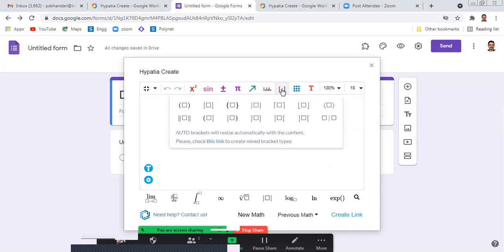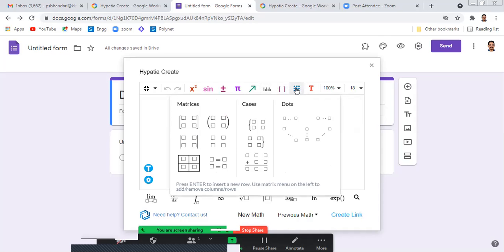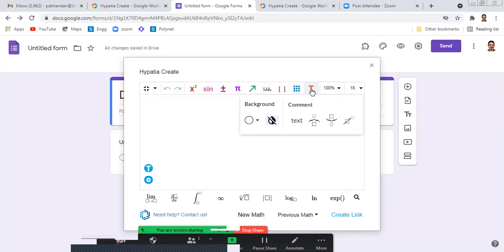Then this is for brackets or matrices. Various forms of brackets can be used. If you have to insert a matrix or matrices or similar terms, then you can click on this particular 3 by 3 dot icon.